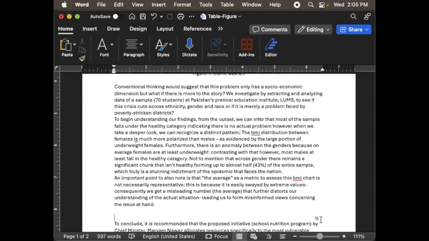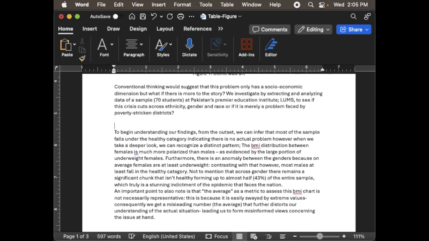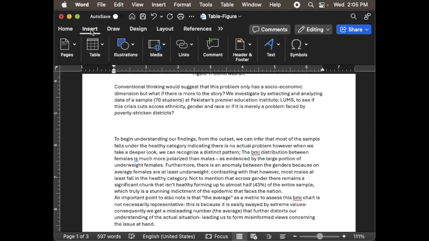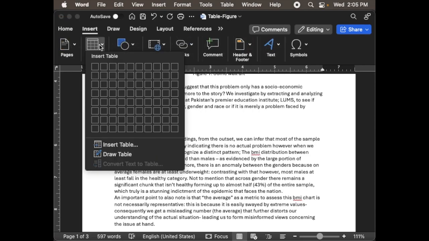All right, so we're going to talk about inserting tables in Word. Sometimes this does get problematic, but we'll try to address this right away. So the first idea is, where do you find these tables, right? You head over to the insert option right here, and you should be able to see a table option,